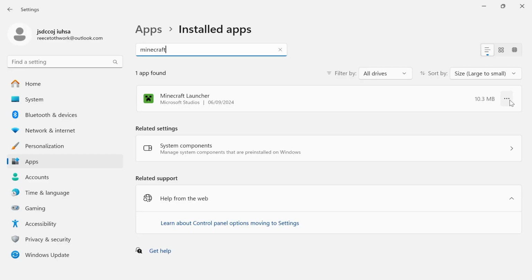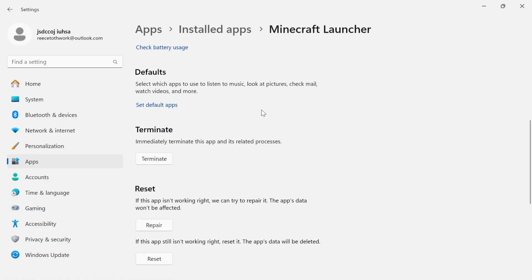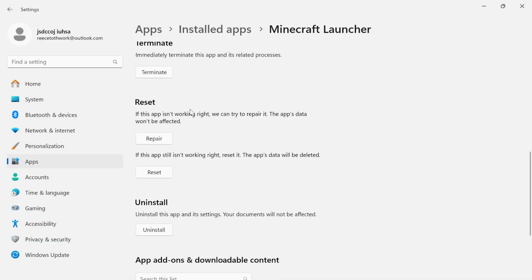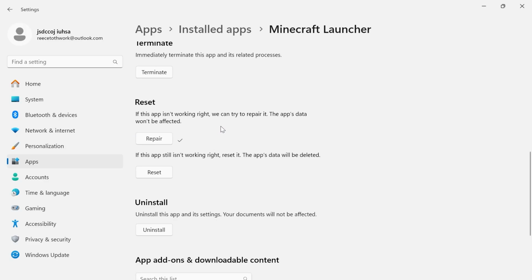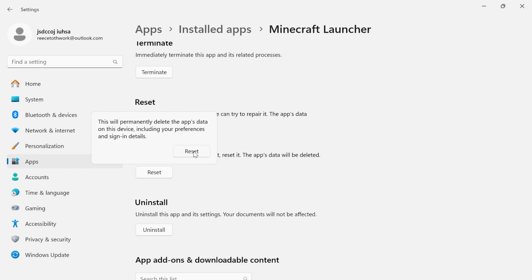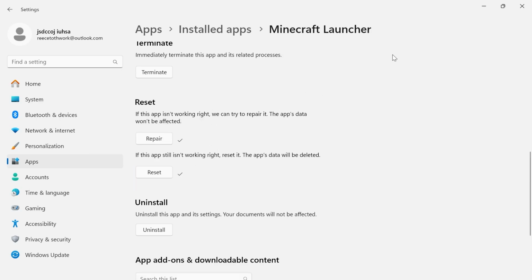and once you've found the Minecraft launcher we need to select these three horizontal dots, click on advanced options and then come down to this reset section, and from here we're just going to press repair and then give that a couple of seconds to run, and then lastly we're going to click reset. Click on this reset button to confirm,